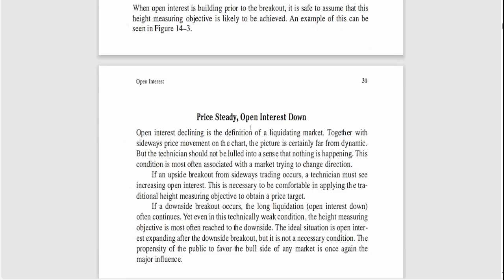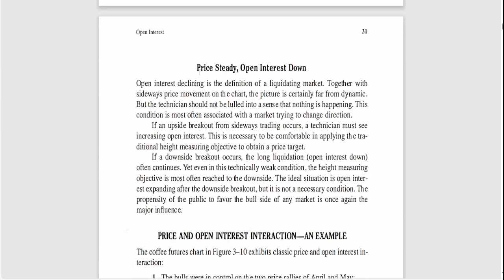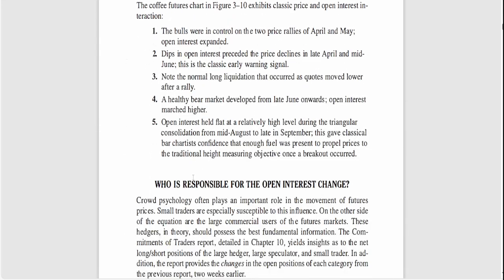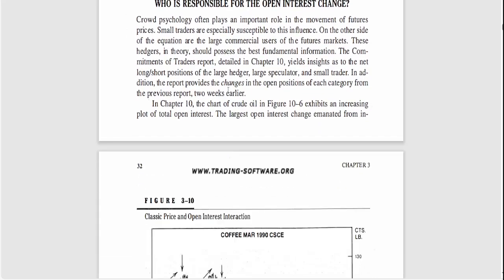Price steady, open interest down. What does that mean? Read this very carefully. Read this thing. I am telling you, this book is very important, and this open interest concept is very important. Wherever you see this open interest